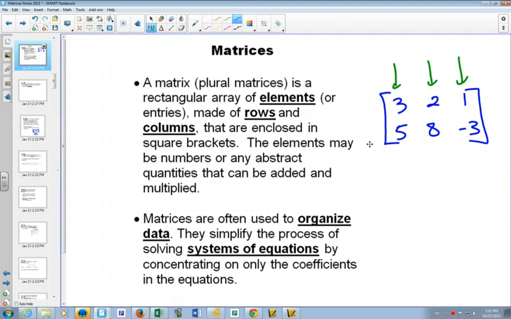And we use square brackets. Sometimes I've seen round brackets that are smooth, kind of like that, but we'll draw them with square brackets. And we can do a bunch of math with numbers inside. You can even put variables in there. It's just a way of holding numbers in a certain position. Okay? And that's why matrices are used. It's to organize data. And the reason it's efficient is because you can just write a number in a specific spot,